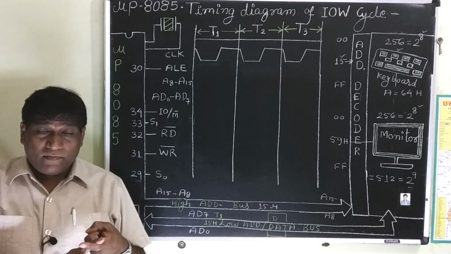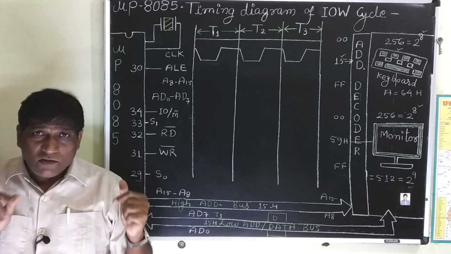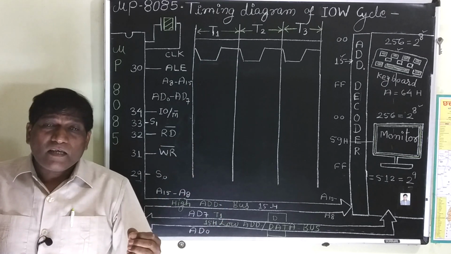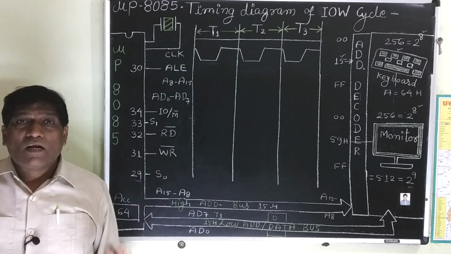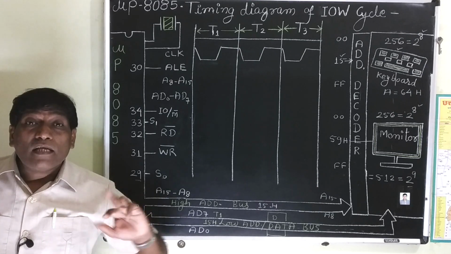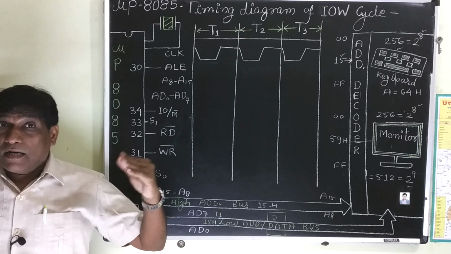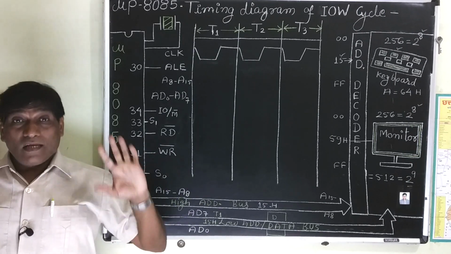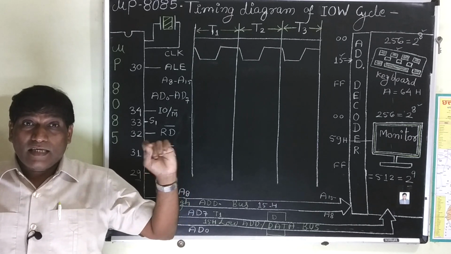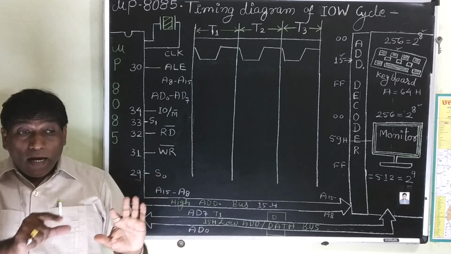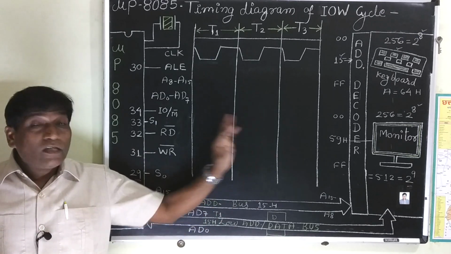This binary is a combination of different numbers, an 8-bit number, 1 and 0. 1 means plus 5 volt, 0 means 0 volt. The circuit will not understand ABCD or 64. It will only understand the voltage levels, whether it is at plus 5 volt or at 0 volt. The voltage level will be set, and those voltage levels are treated as 1 and 0, and a combination of this 1 and 0 is capable of generating different things.